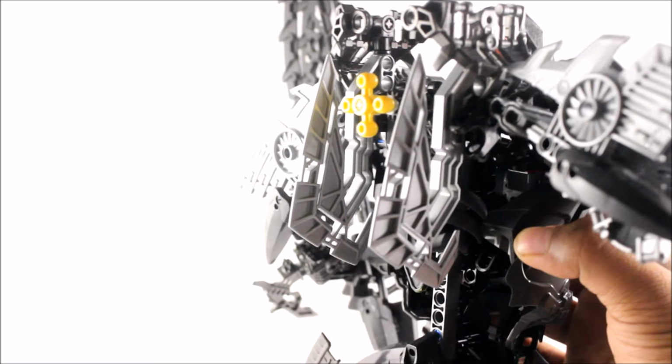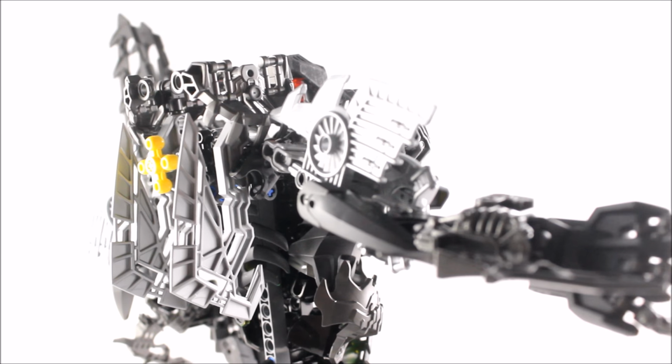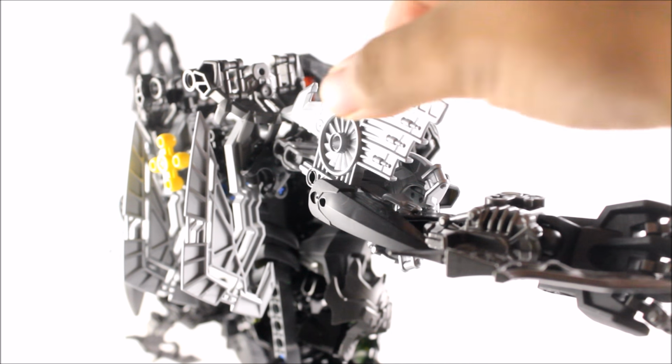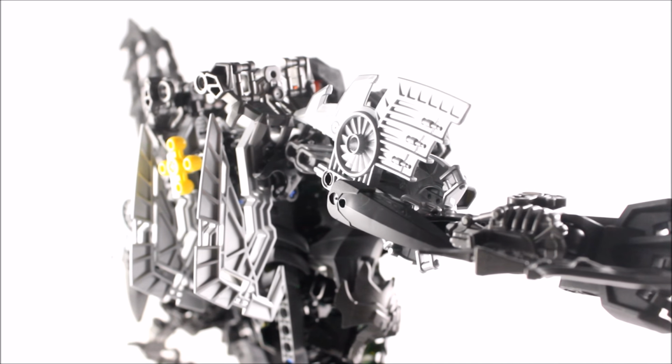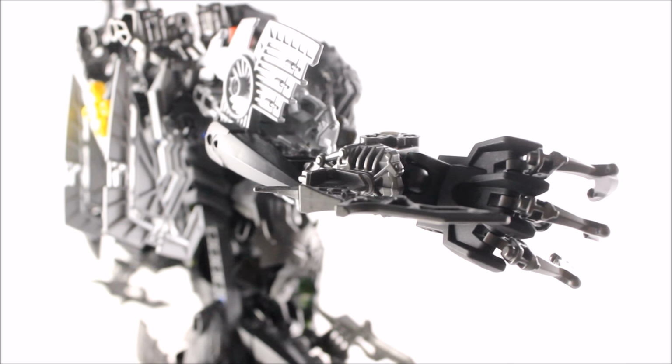Now if I flip them around, hopefully he doesn't do the splits on me, because that's what all these sets do. There we go, that's better. So now you can see the back, guys, and as mentioned, there is the blade that's attached onto the back of his arm there, and of course there is the tail piece, just an added feature because I thought it looked pretty cool. And then of course the awesome thing about this set as well is this cool blade